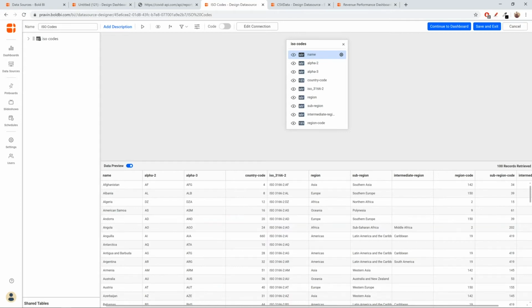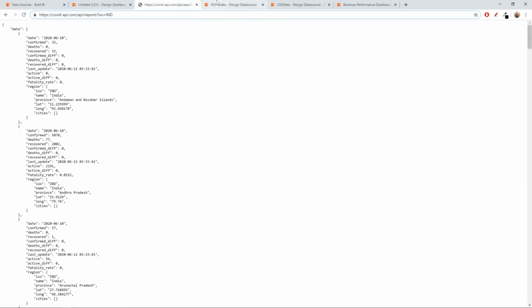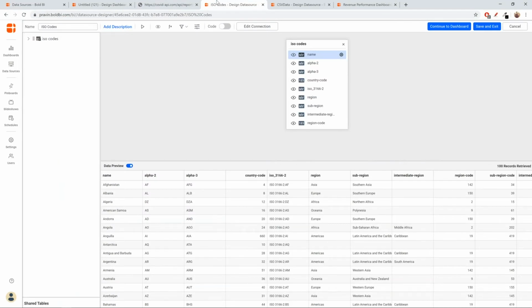Basically, what we are going to do now is build a parameter using the alpha 3 value, and then the parameter is going to be the input for the REST API that we see. So two data sources are going to be involved here. First, we have the first data source, which is the ISO codes.